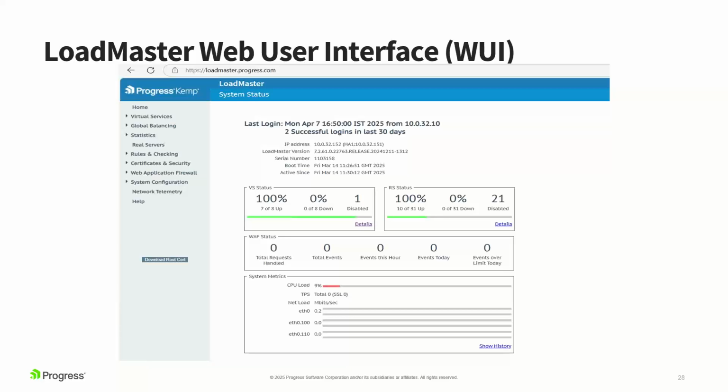We've made it as simple as possible so that we have virtual services. Those virtual services are attributed to those applications and those workloads that you want to publish. It has a VIP, and that VIP is a virtual IP that is tethered to the outside of the load balancer, and ultimately it is an ingress point to those applications that you want to publish. We then have real services or real servers we assign and align to those virtual IPs,